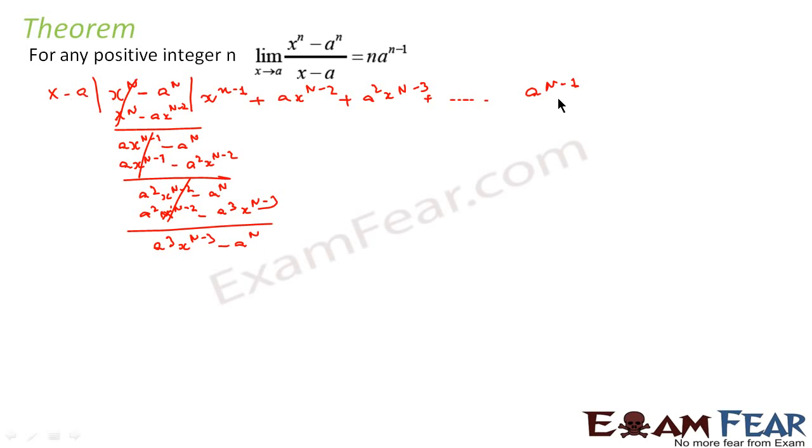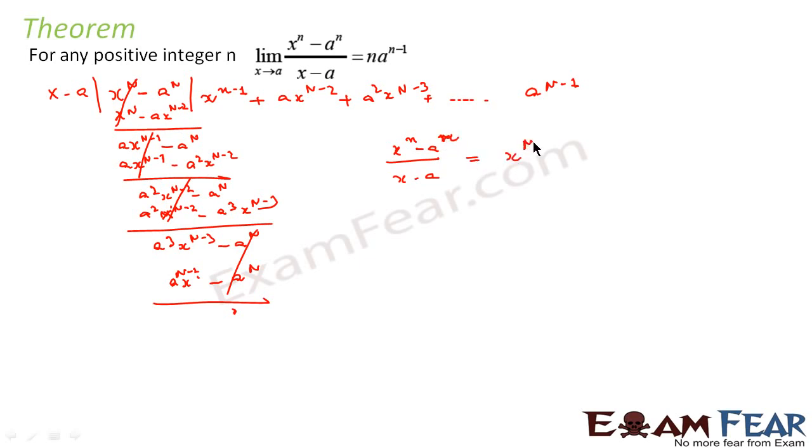I'll show you. We'll divide with a to the power n minus 1. So what you get here is a to the power n x minus a to the power n. This is a to the power n minus 1. This and this get cancelled, and this, if you say dot dot dot, it will keep getting cancelled. If you keep taking the values of a to the power 3, a to the power 4, a to the power 5 till a to the power n, this will keep getting cancelled. So this becomes 0. So we can say that (x to the power n minus a to the power n) by (x minus a), both n are the same actually, is nothing but